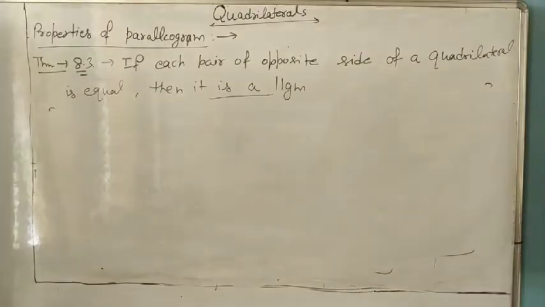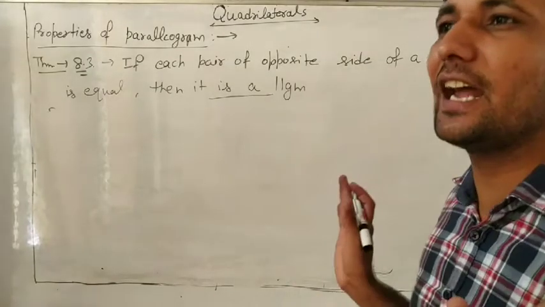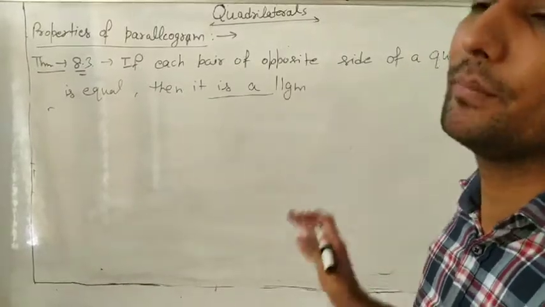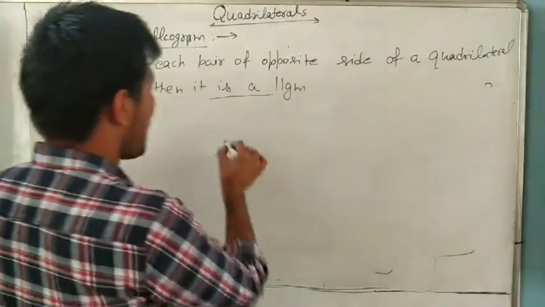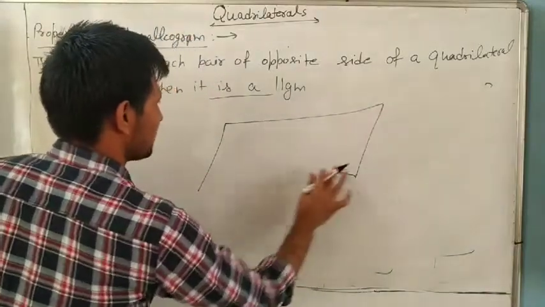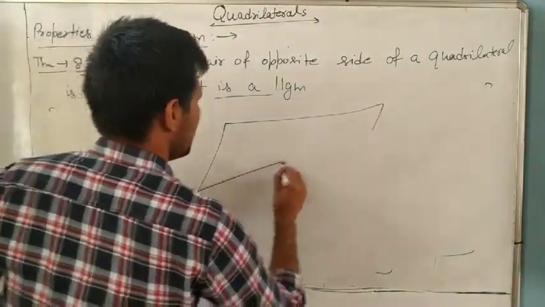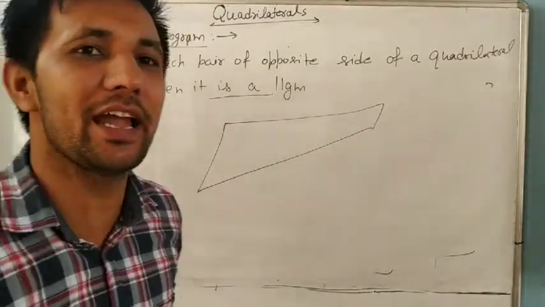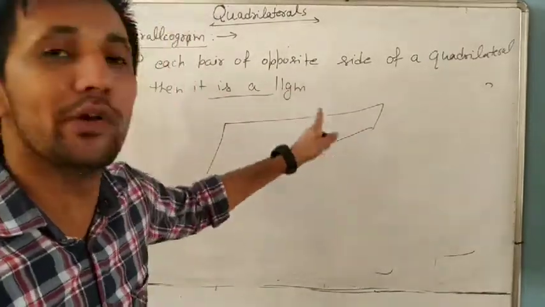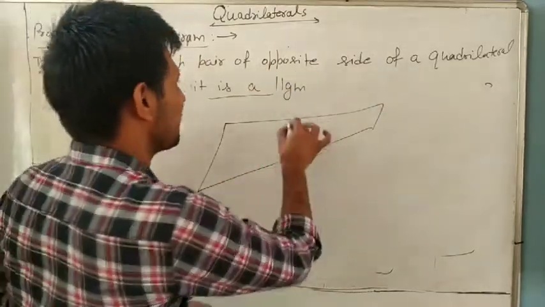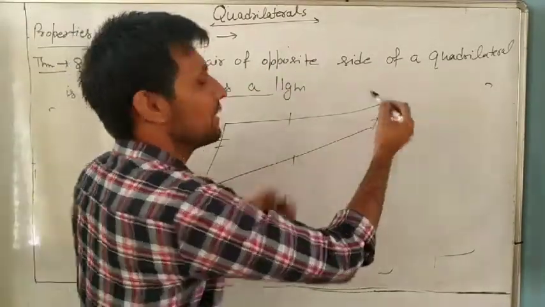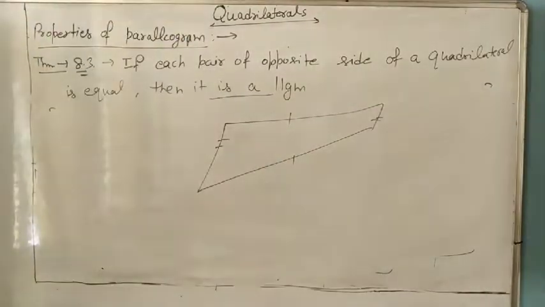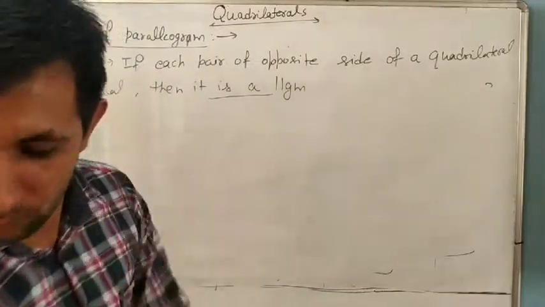Okay. So always remember, if opposite sides are equal in any quadrilateral, then it is always a parallelogram. So it means if you want to prove that a quadrilateral, with 1, 2, 3, 4 sides, is a parallelogram, what will we do? We will show that opposite sides are equal. This one equals this one, this one equals this one. Then we will say that it is a parallelogram. Understand? Next is some more properties of this one.